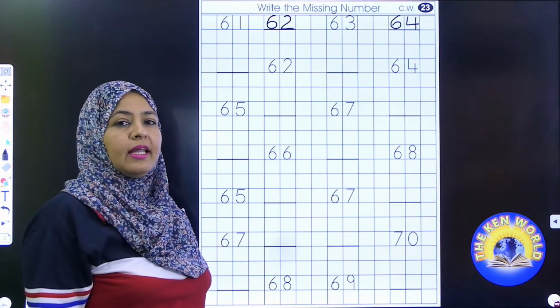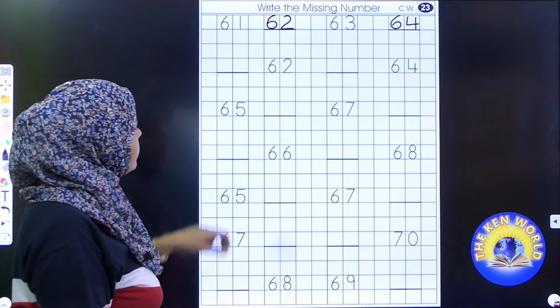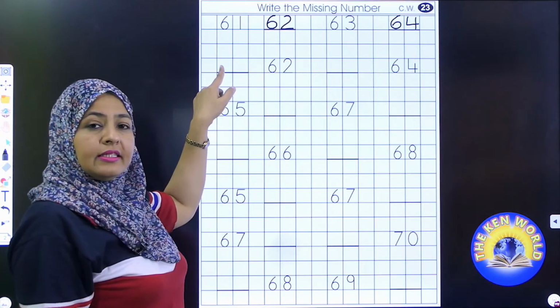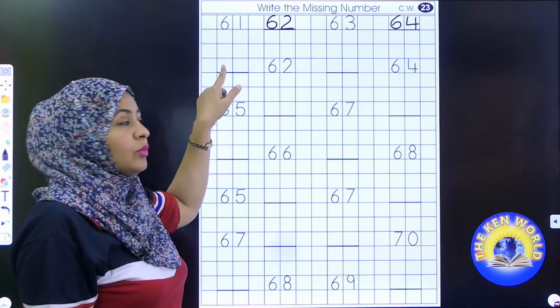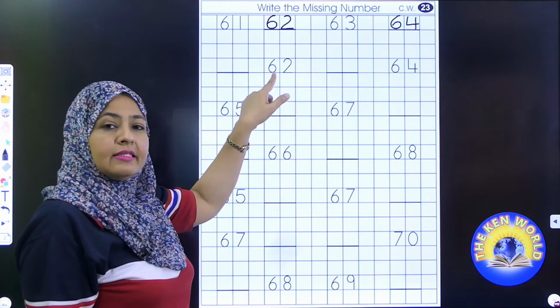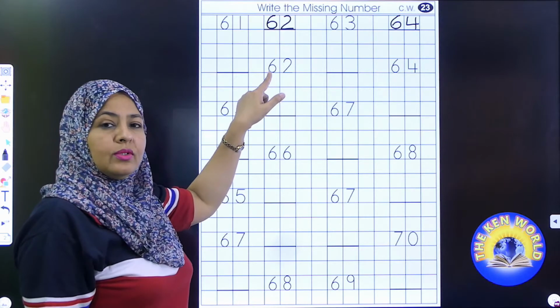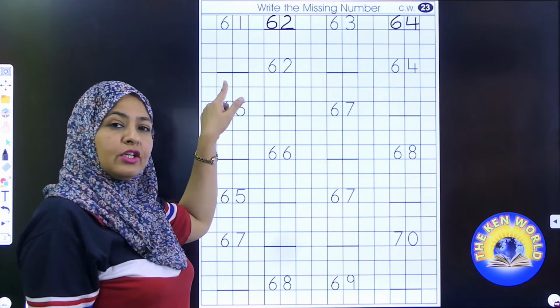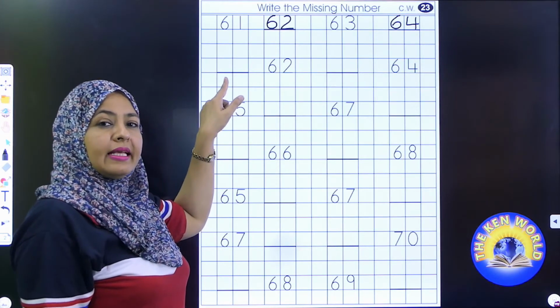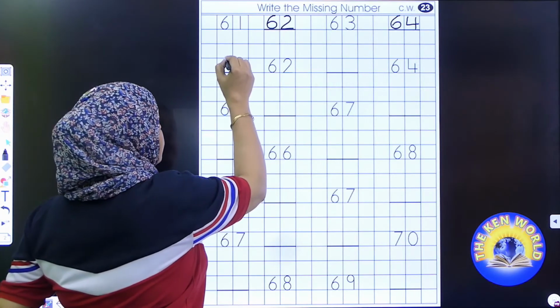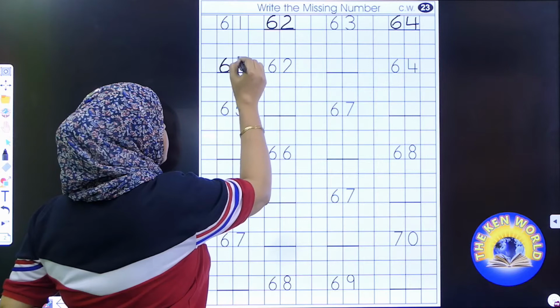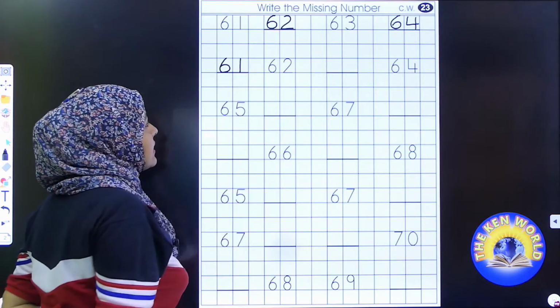Now come to the next row. There is no number. We have to fill it. So move to the next number, that is 62. So what comes before 62? Exactly 61. So write here 61.